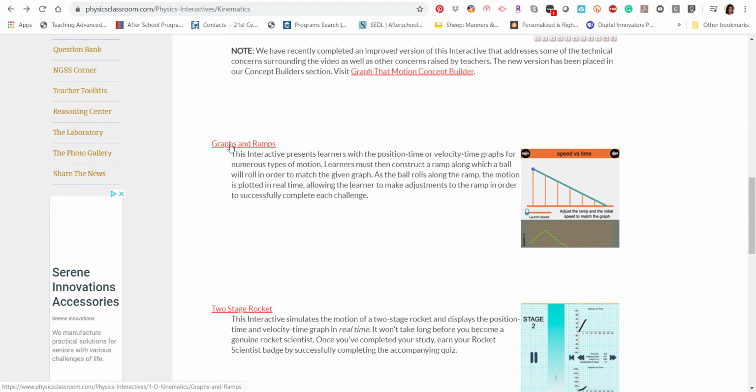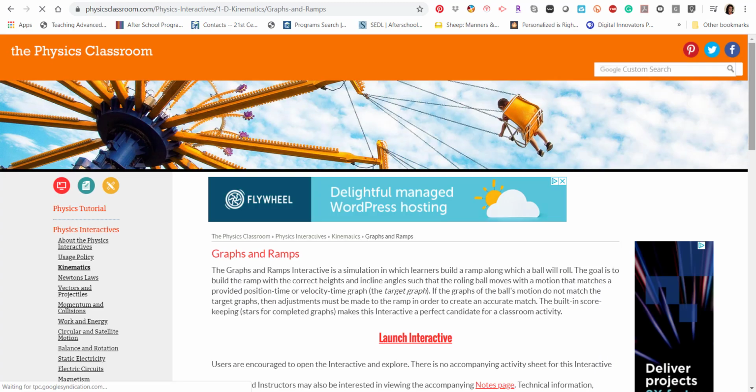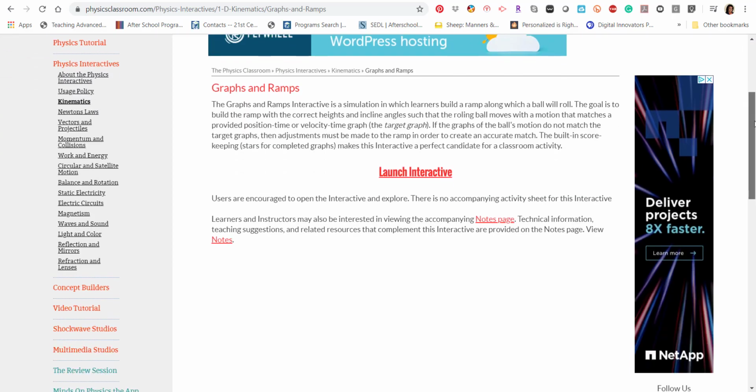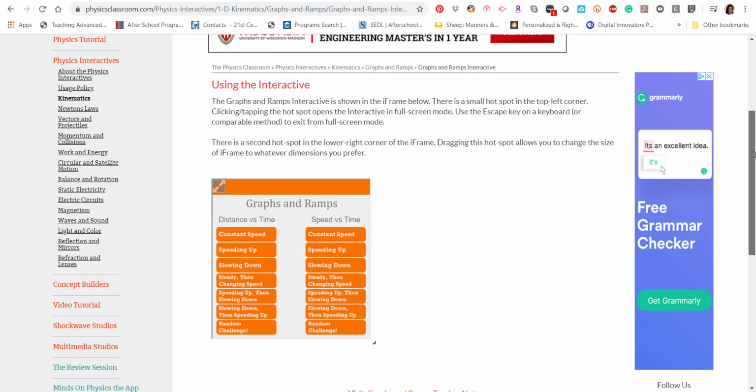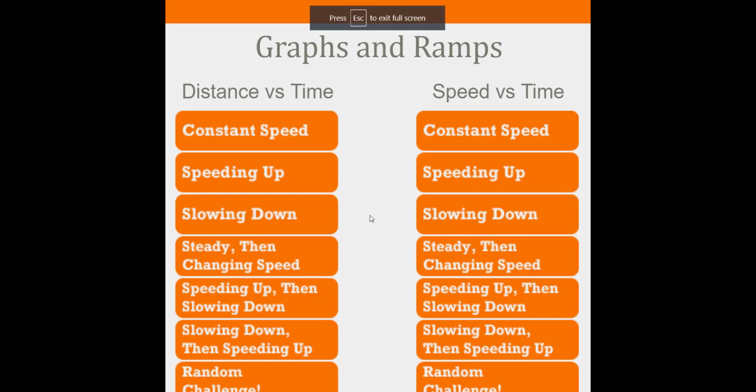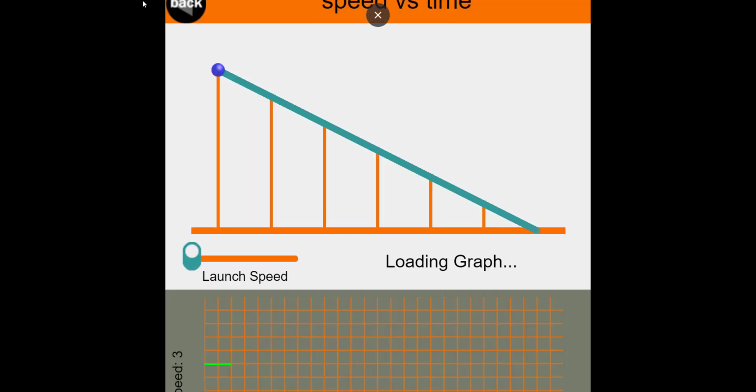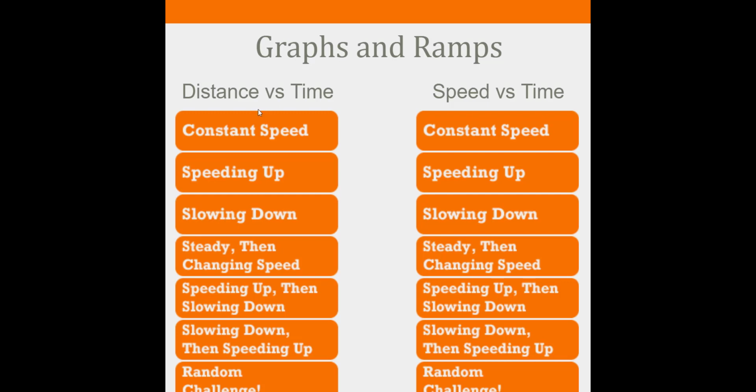All right, so those are all kind of graph related, okay? Graphs and Ramps, this is pretty good as well. I like this one. It's not going to be as exact. You'll see what I mean when we launch this one. Okay, so this one is a little bit different. This one, we have to actually create all of these motions, okay? Constant, let's say distance versus time. We have to create all of these motions. Create them with the ramps, okay? So for example, if I want motion to have constant speed,